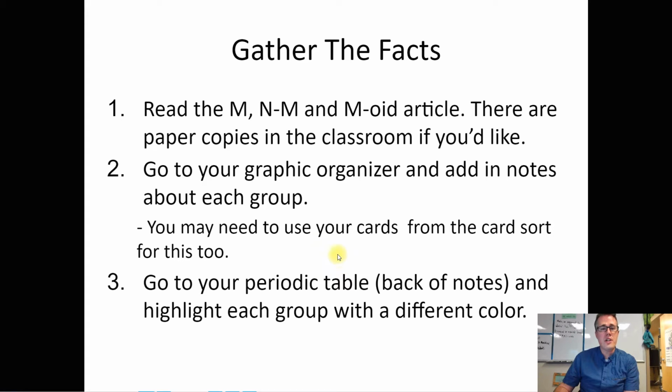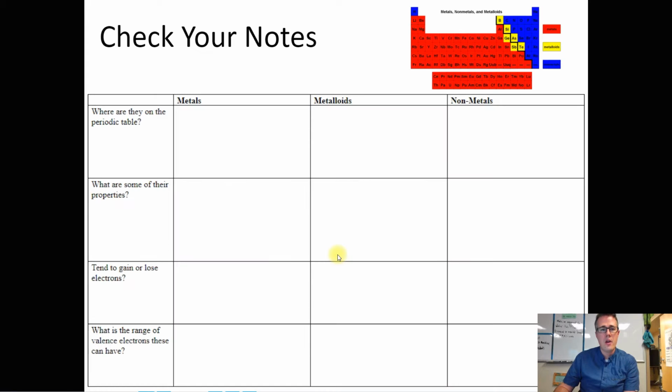If you're still watching, you are ready to check your notes and check your color coding on the back of your notes. On the notes, some things that you need to make sure that you have is that metals are on the left side. They're all the red ones on my screen. You have to imagine that there's a little staircase that starts up at boron and works its way down, down, over, down, over, down, over. And everything to the left, except for a couple of them, we'll talk about those in a second, and hydrogen,